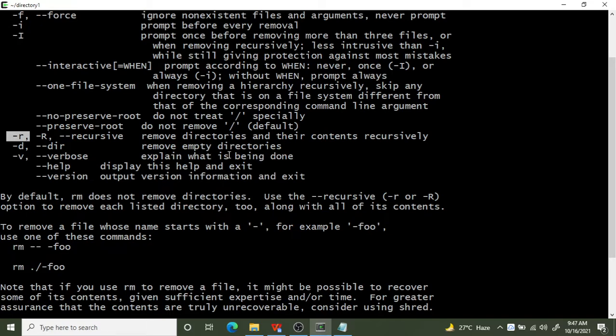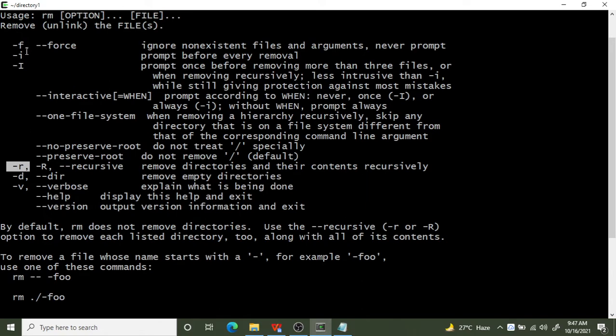Okay, so there are two things, guys. This i is for the interactive perspective. If you are trying to do some operation and you type option i, then it will ask you for confirmation: I'm going to do this operation, is it okay? You say yes or no, Y or N. Similarly, verbose is going to explain, okay, I deleted this file. If you are using the rm command, then verbose is going to say, okay, I deleted this file. So that's the difference between i and v.